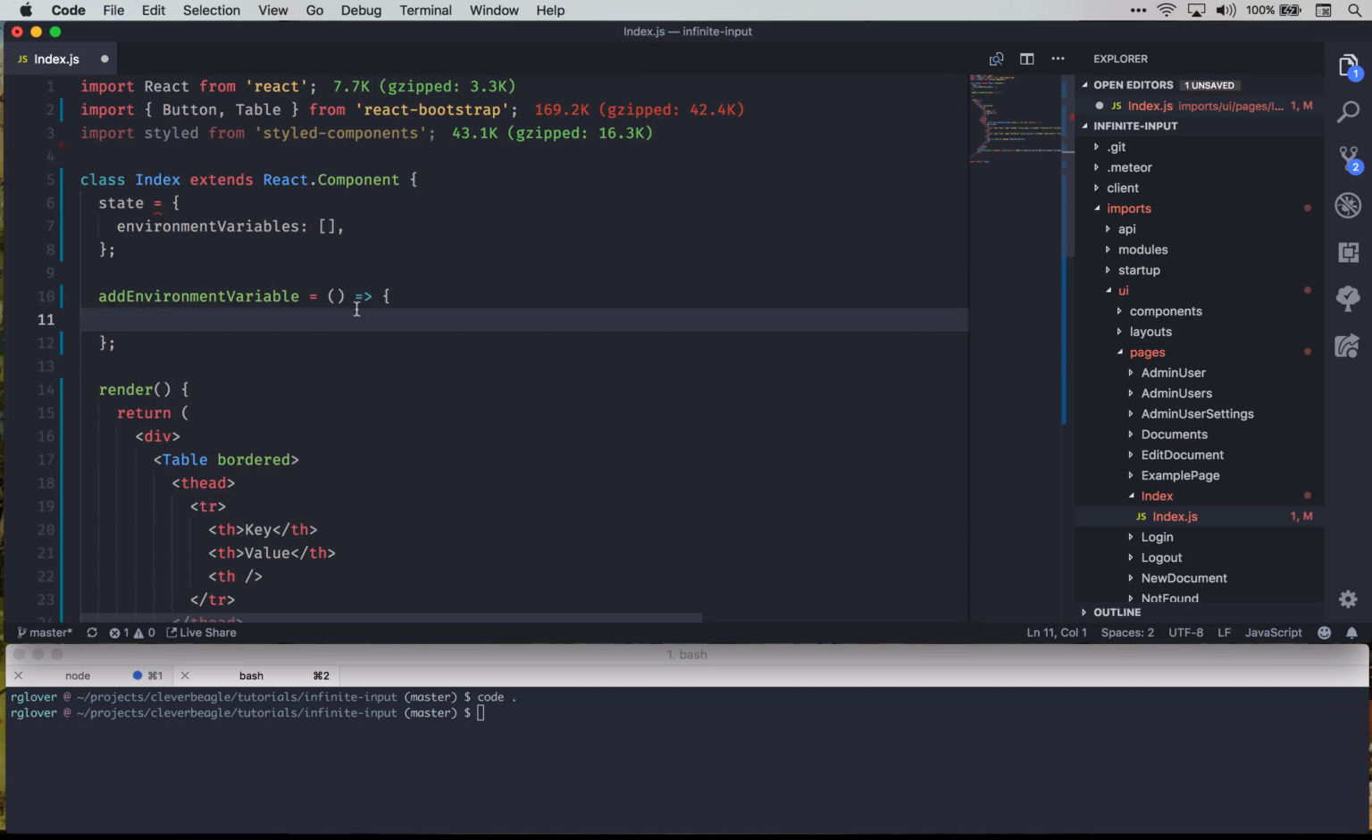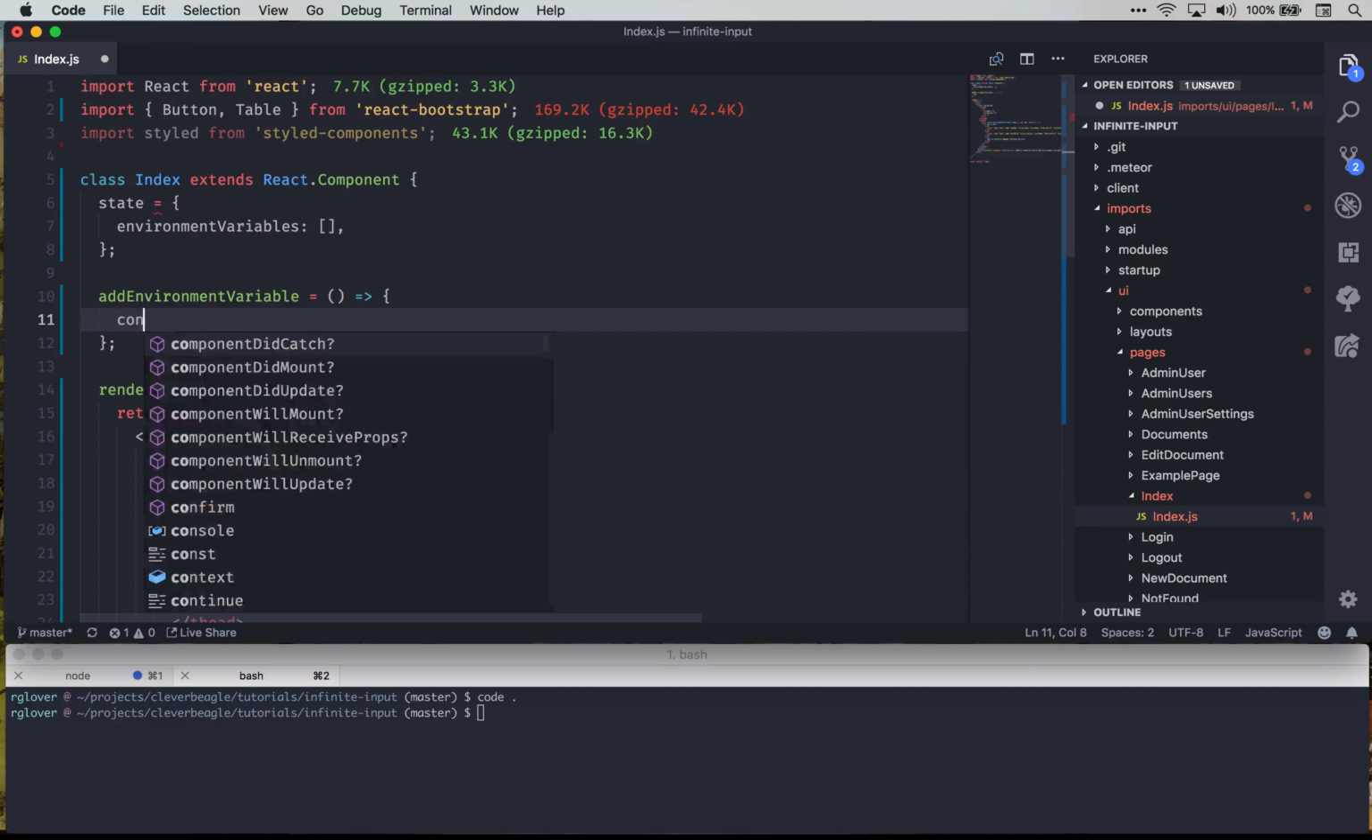We actually need it to let us access the entire component instance, because we've got to get to this.state as well as this.setState. And we're going to see that in a few seconds here. So what we need to do when we're adding a new environment variable is get the